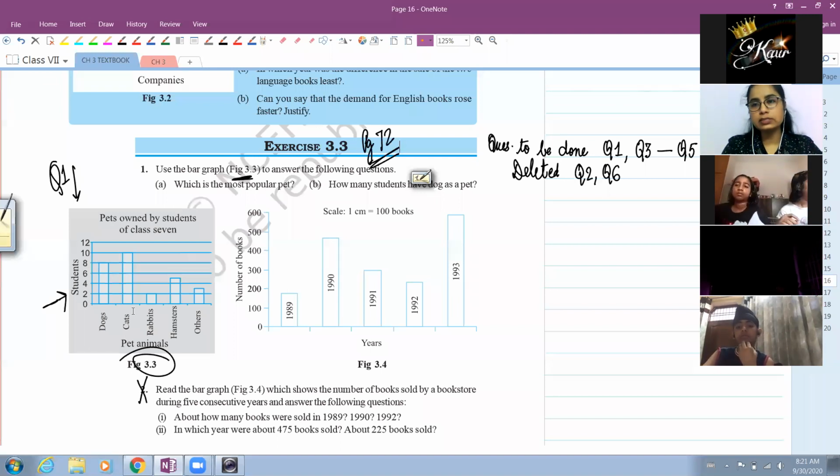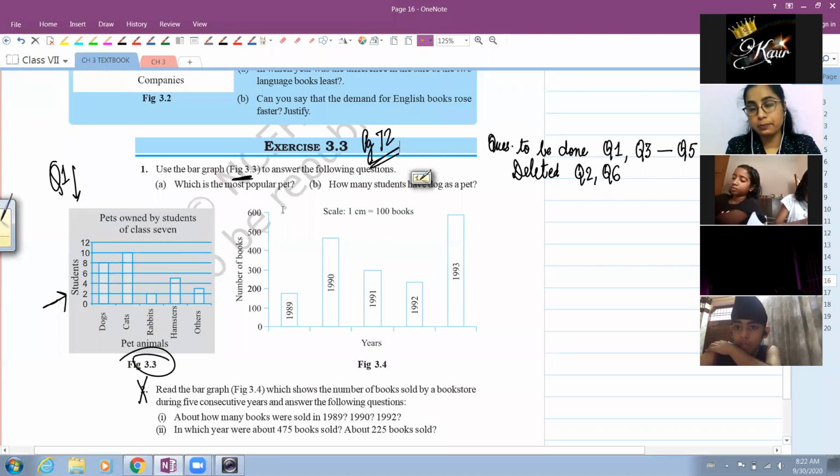So based on this graph, you have to answer the questions. Although when we draw the graph ourselves, we write down the horizontal axis as x-axis and the vertical axis as y-axis, which they have not done here, right? So when we draw the graph, we will remember that we have to mark the horizontal axis as OX and the vertical axis as OY. So let's just answer the questions for the time being.